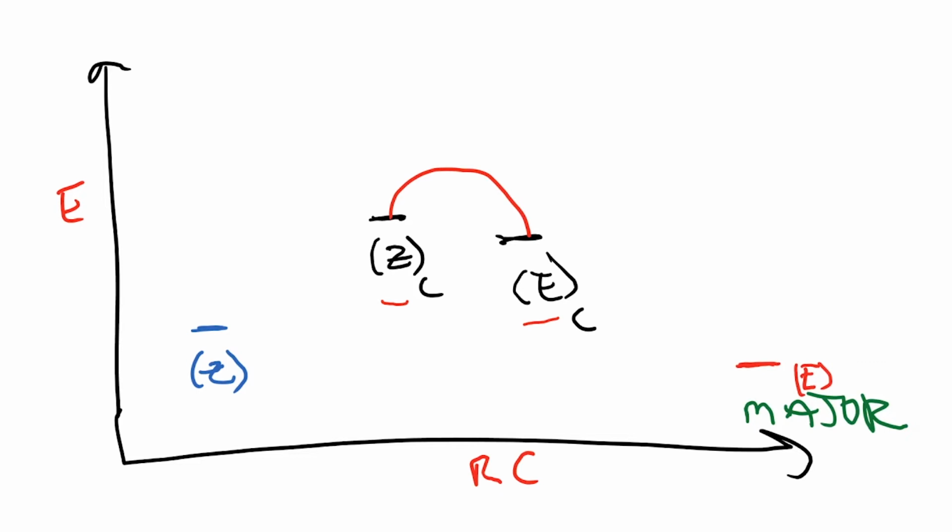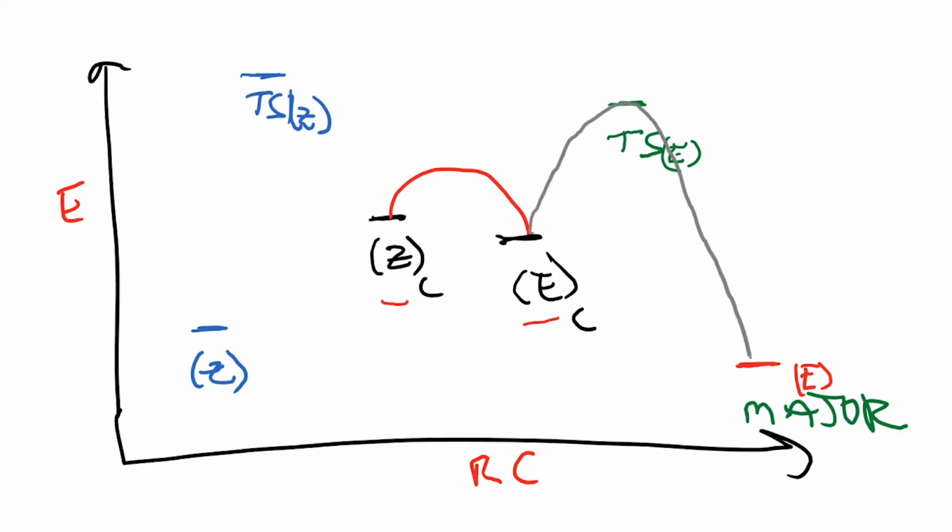Okay, so in order for the rate to be higher, what we can propose is that the transition state leading to the formation of the E product is lower in energy when compared to the transition state leading to the formation of the Z product. Okay, so given that the rate of formation of the E is substantially higher than the rate of formation of Z, this may be reasonable to propose. And now if I draw out an energy profile, what emerges is that you're going to have a transition state that is of lower energy when compared to the Z.